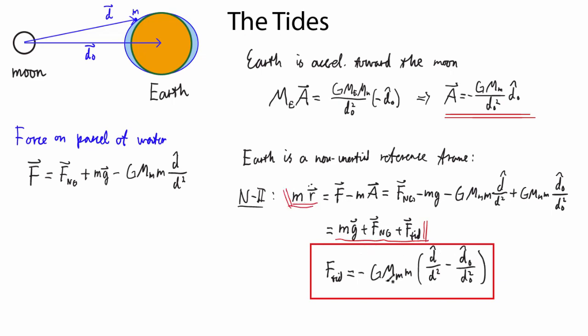Okay, so this is now the tidal force. It is actually a combination of a real gravitational force, that's this part of it here, and an inertial force due to the fact that the Earth is accelerating towards the moon. So it is a hybrid force, if you will. That's a tidal force. So if we take a look at how that actually acts in the system that consists of the Earth and the moon,